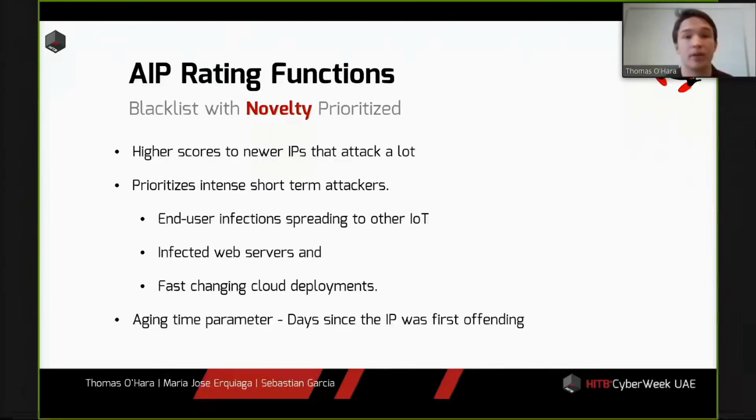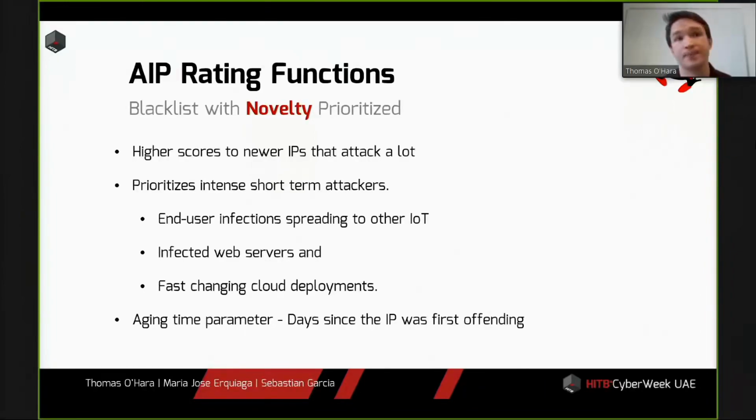The aging time parameter, so the T value for this function, is equal to the days since the IP first offended. Thus, the idea here is as soon as an IP is detected by our algorithm and assigned a score, from that time on, its score will be decreased